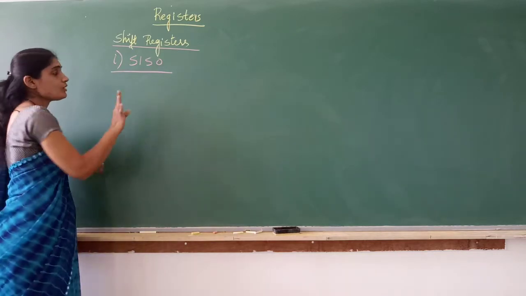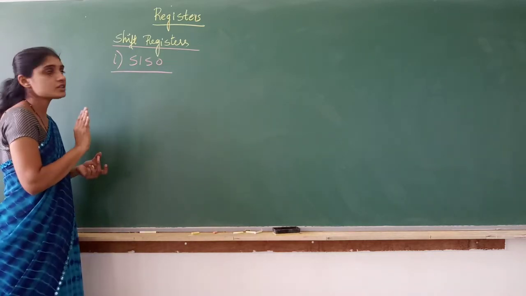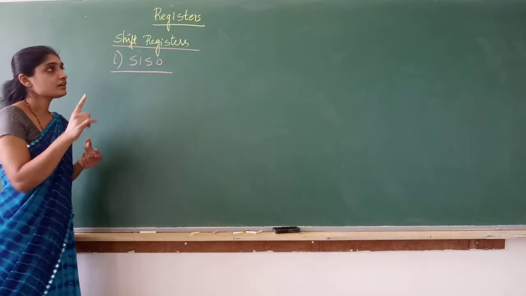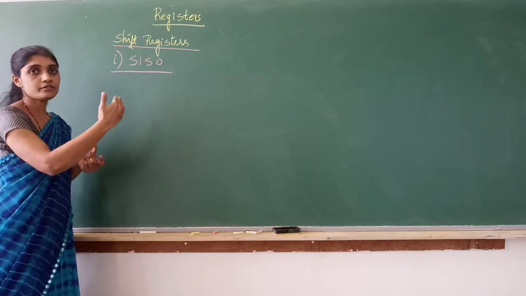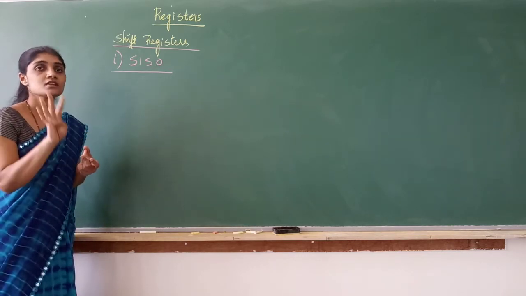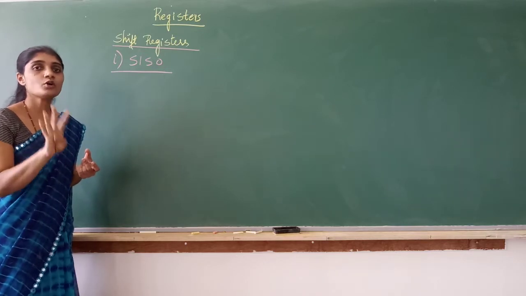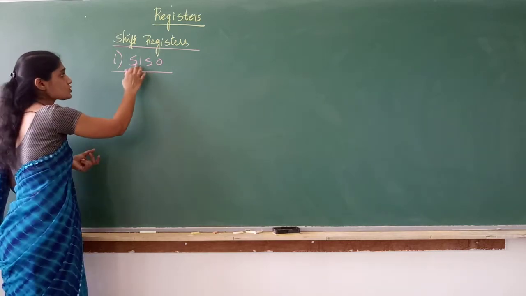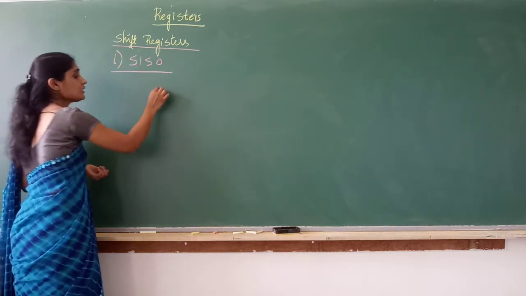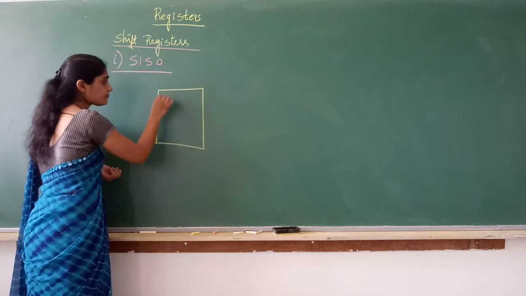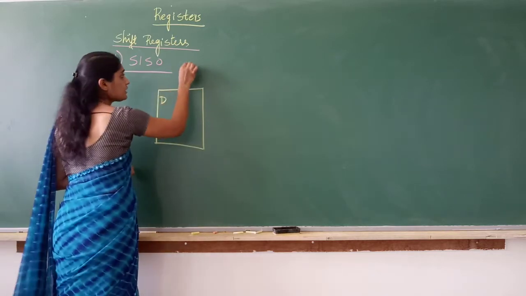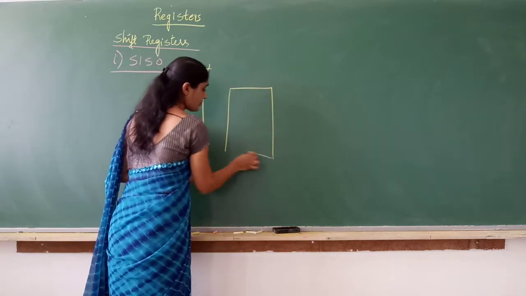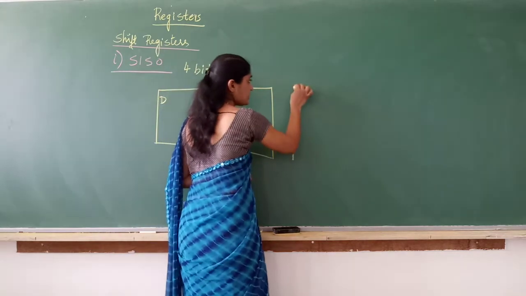Let me take an example of a 4-bit serial in, serial out shift register. A flip-flop can store only 1 bit. What is a register? It's a cascaded connection of flip-flops. I want to store 4 bits, so how many D flip-flops do I have to use? 4 D flip-flops, each flip-flop storing 1 bit of information. So for SISO, in registers we use D flip-flops. For the 4-bit shift register I am designing, I have to use 4 D flip-flops.